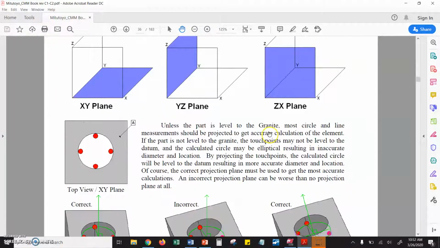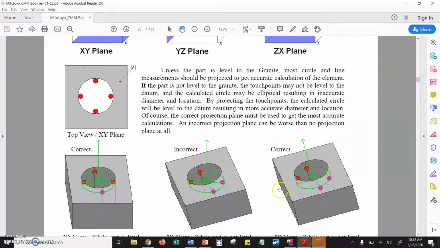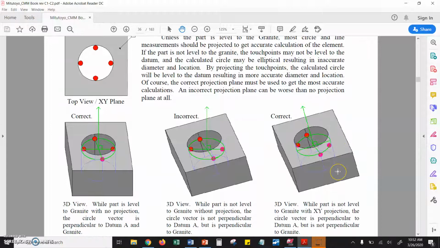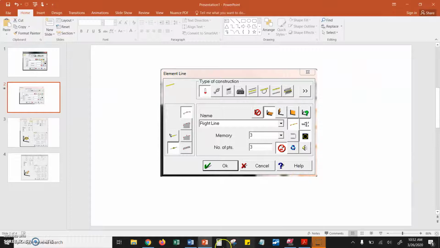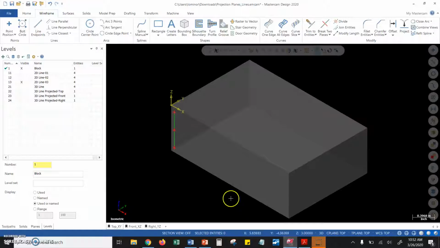So projection planes are important for a couple of different reasons. The example cited here on page 34 is talking about measuring a circle, and there's a follow-up video to this video that explains more on that. But I think to start off, it's helpful to just visualize how the software is seeing lines, and then we'll move into circles after. All right, so everything we looked at so far was two-dimensional lines that were drawn on